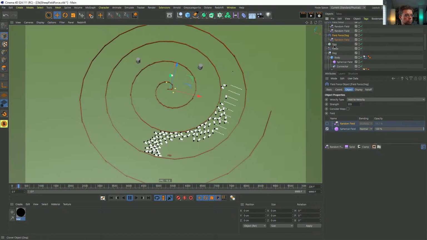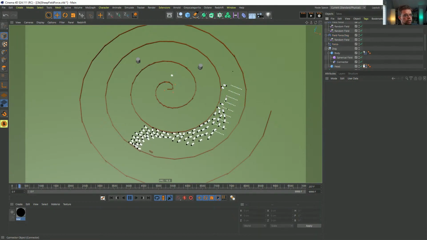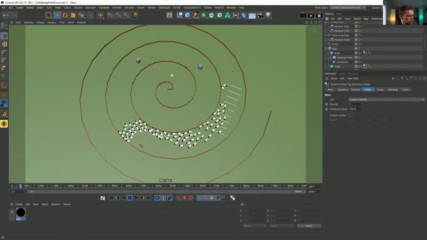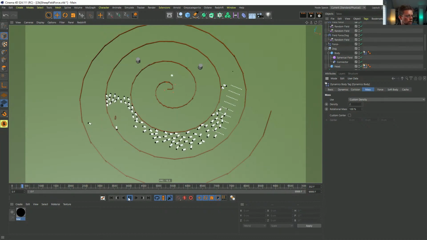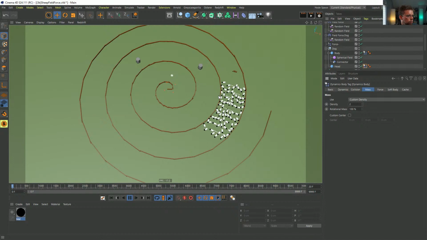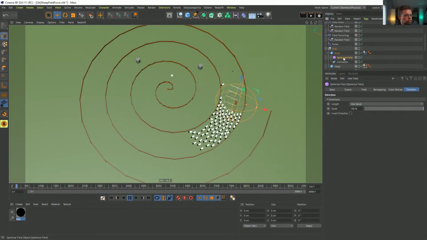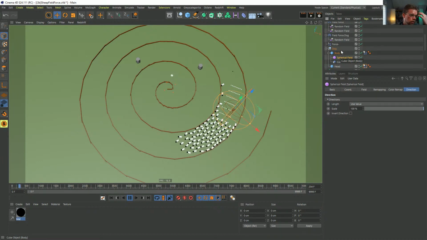But yeah, apparently what's good to know is that by increasing the density of the head, it did increase the amount that the field forces were applying. So we could go double, so the dog is like twice as likely to move forward. And then you could make more copies of dogs. You just have to keep on duplicating the field force. But I can't really think of a way to. I can. There's some convoluted ways of maybe making it so you could put a couple dogs in the cloner.